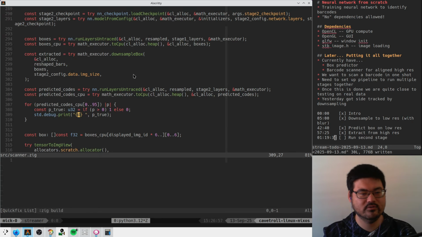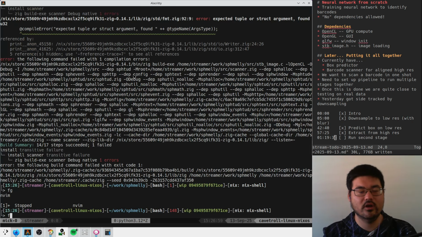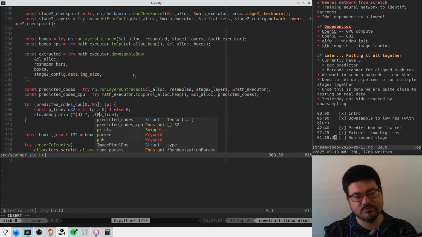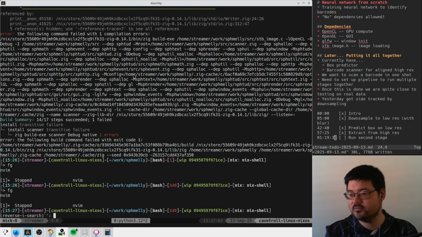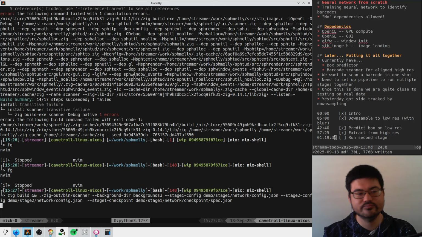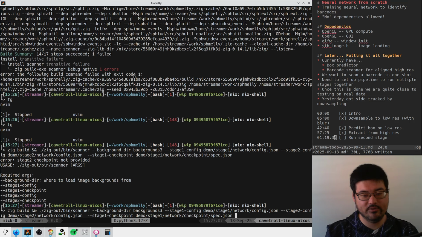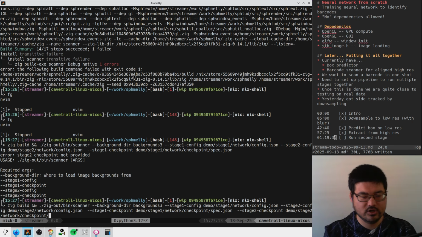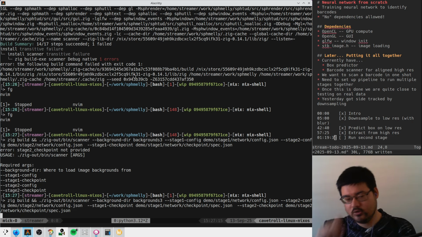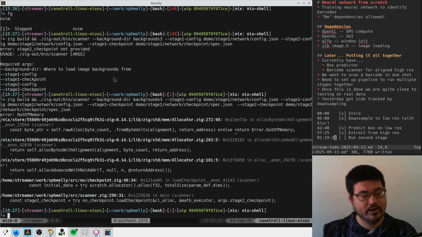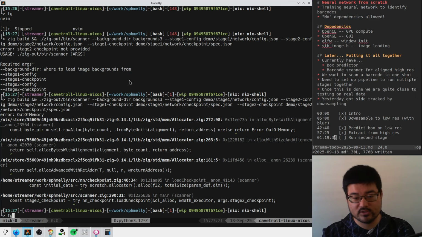Oh, I forgot to put this in squigglies, of course. And then we need stage 2 checkpoint. It comes from the demo stage 2 network checkpoint spec. Which is interesting when we load the checkpoint. So we are loading this thing with